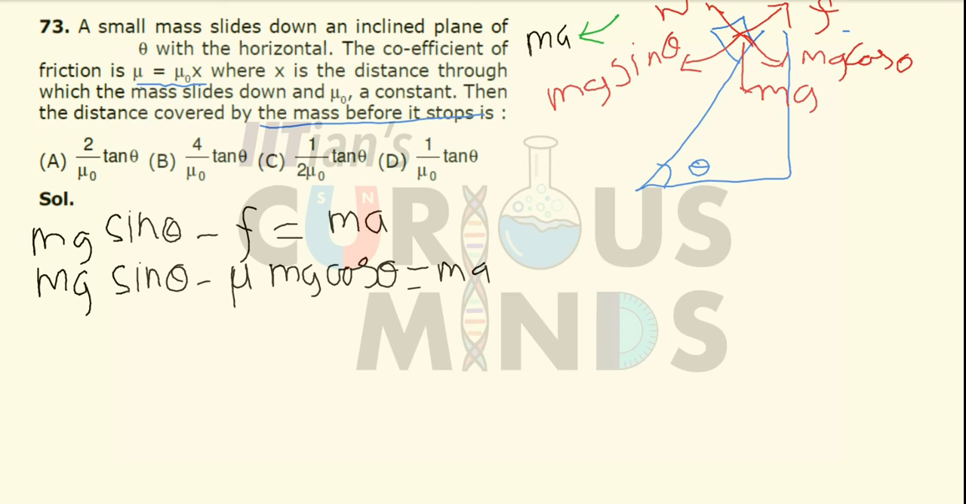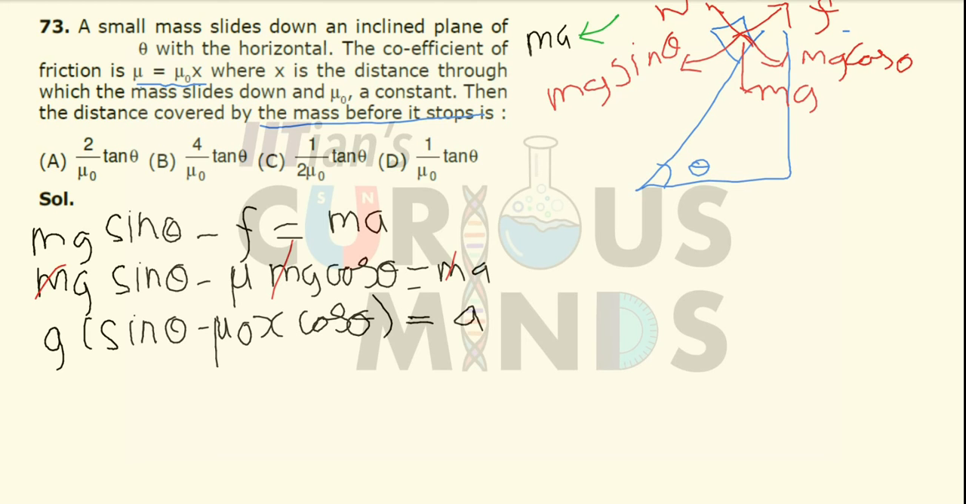Now m will get cancelled out here, in all three parts. So now I can take g common: g times sin theta minus, instead of mu, I will write mu naught x, cos theta is equal to a. Since acceleration is not constant but a function of x, acceleration can be written as